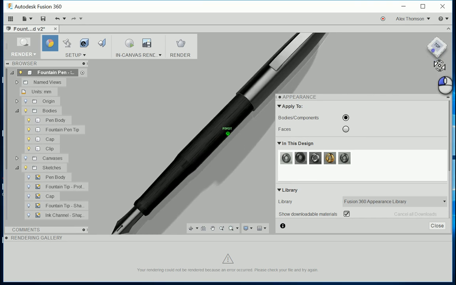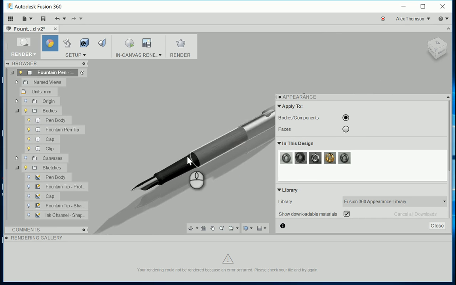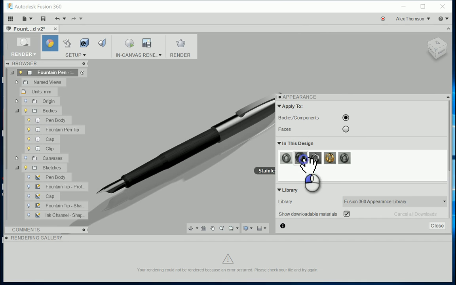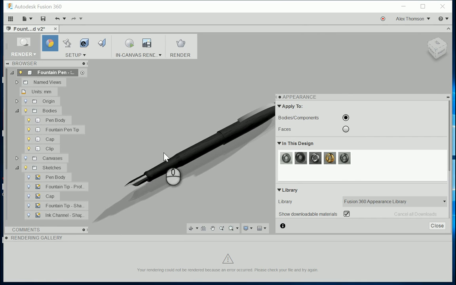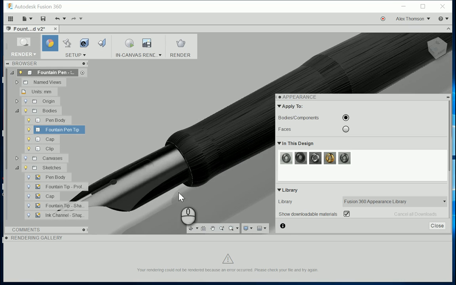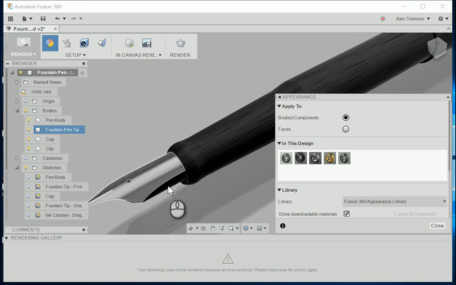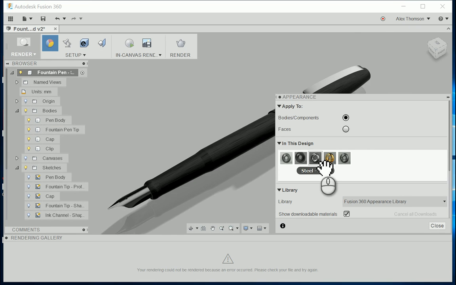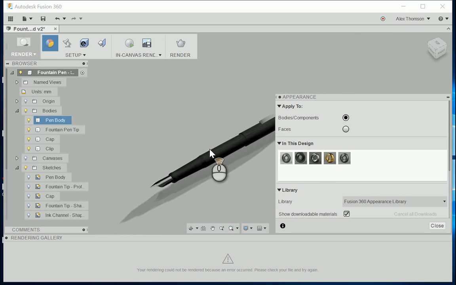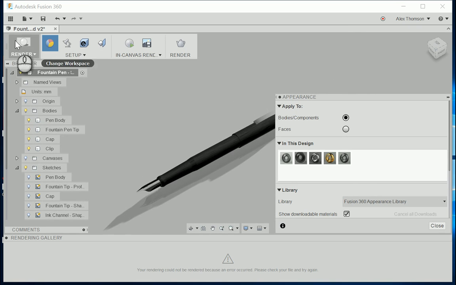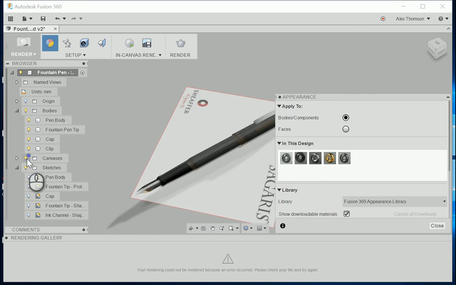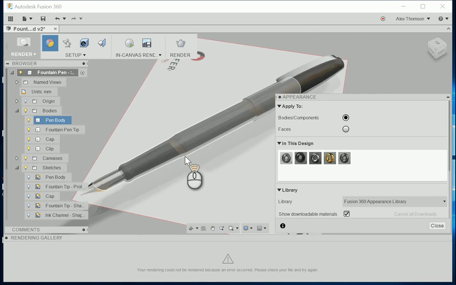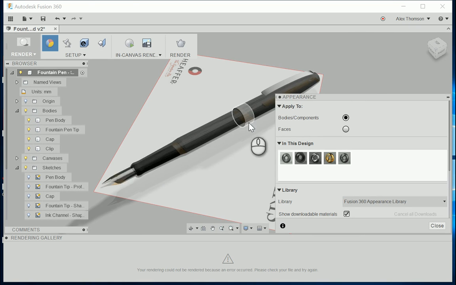All right, we're going to do the same thing with the cap. Okay. And we're going to leave the fountain pen tip alone, because stainless there looks pretty good. It's the sort of satin steel. It's kind of hard to see right now, but if you go to canvases, the original pen design had these brass sections. So in order to do those,